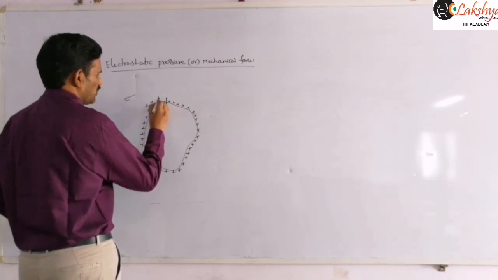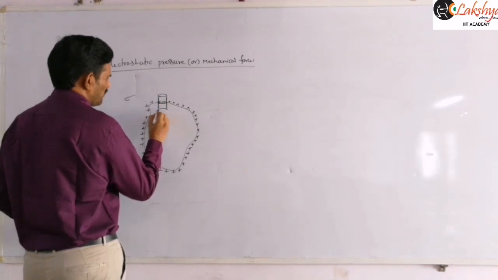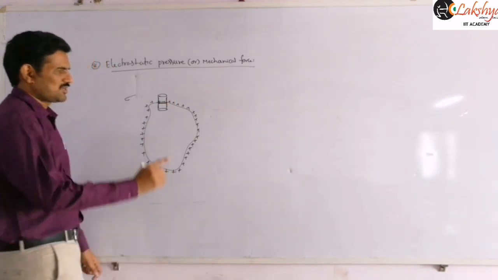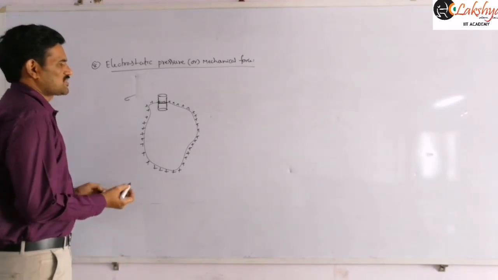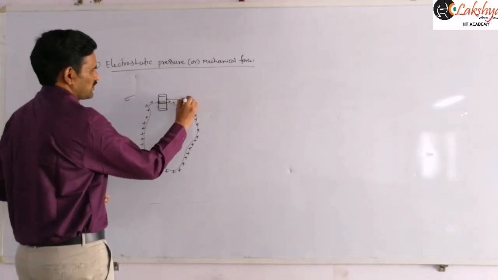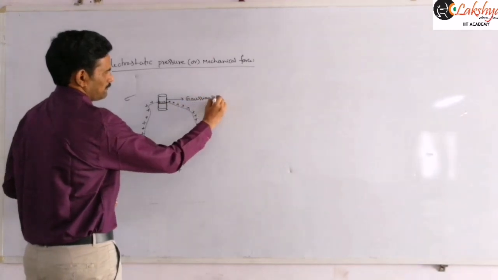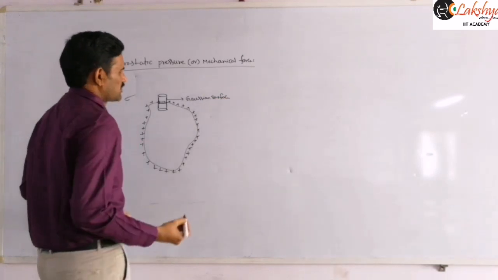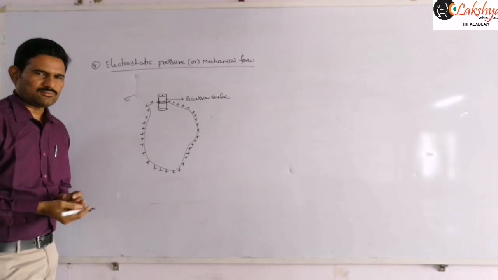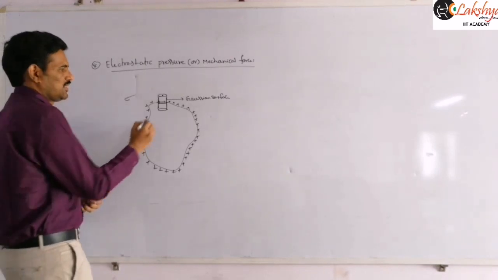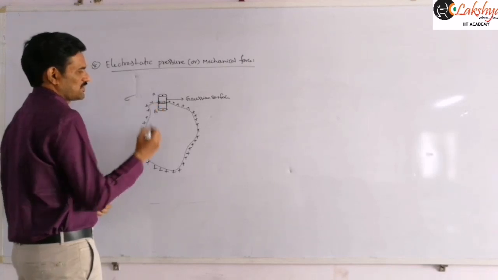I am taking a small Gaussian surface, again cylindrical. This derivation is somewhat similar to our previous calculation, the previous sigma by epsilon naught derivation, from the last class. And so now here I am taking a Gaussian surface like this. So this is our Gaussian surface. Now the electric field at that point, let us say the electric field at this point. This is point A and this is point B, let us consider here.